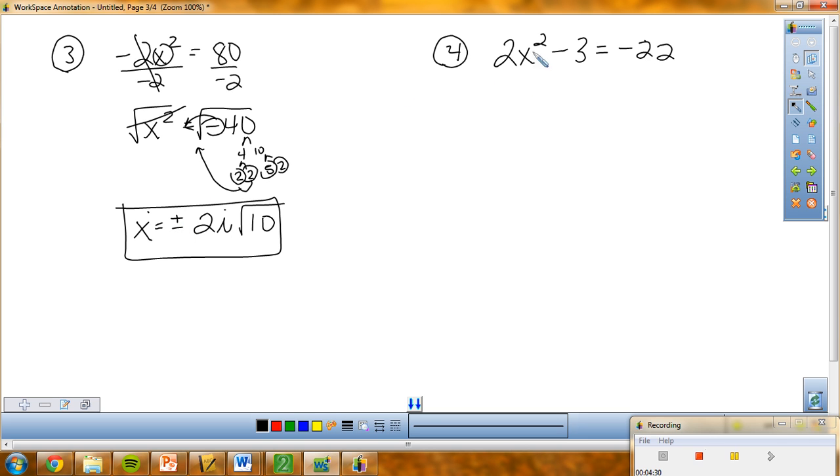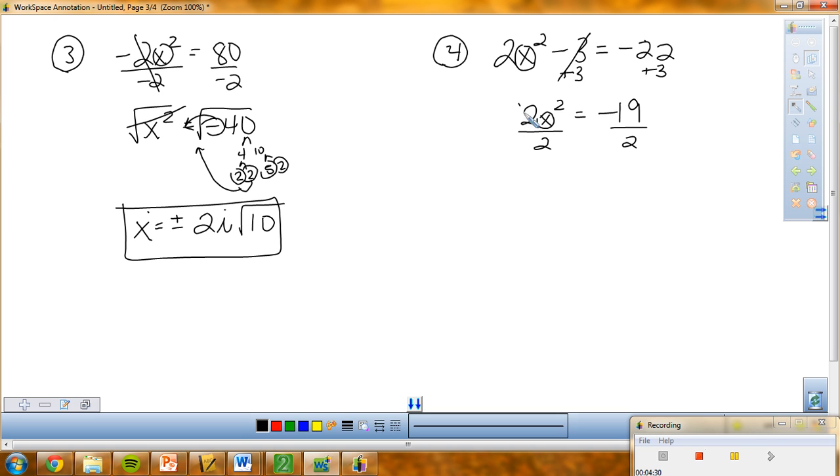And last but not least, we have a few steps going on here. We still want to use our reverse GEMDAS, so I need to get my addition and subtraction away first. So I'm going to add 3 to both sides. So I get 2x squared equal to negative 22 plus 3, which gives me a negative 19. Then I still need to get rid of this 2 in front of my x, so I divide by 2